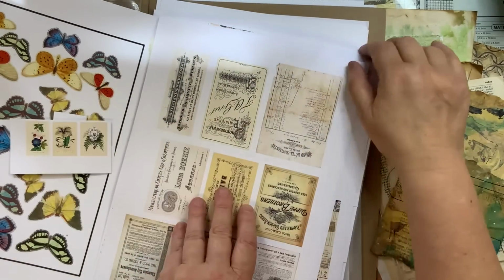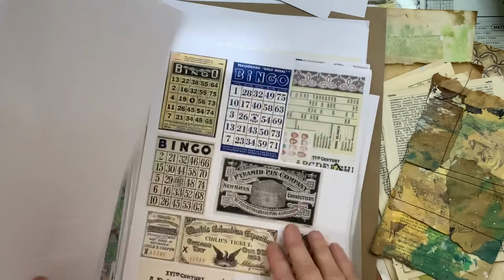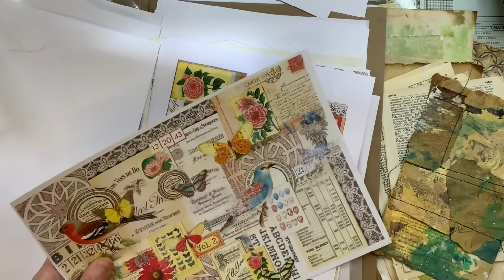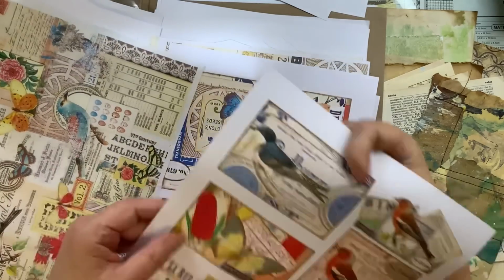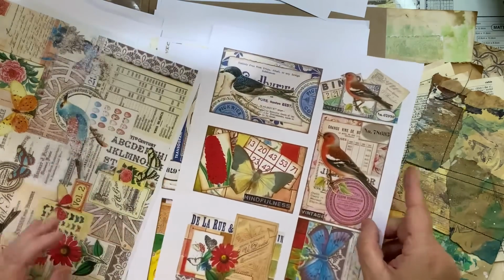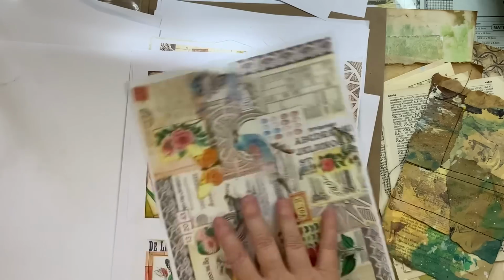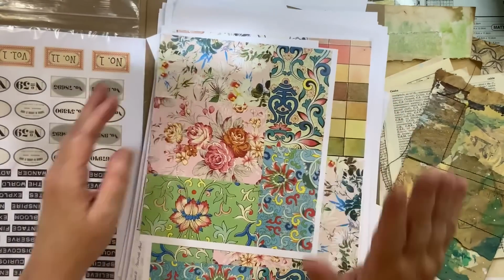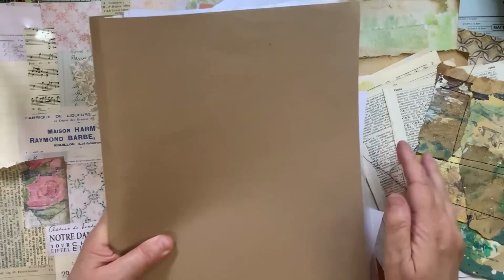So there's lots of things to use. Actually, I'll get those out as well, as embellishments and everything. I mean, it's like that. That didn't work very well. That was when my printer was acting up. But there's some here, and I can use some of these that I've already pre-made and make them up too. So I'm just going to... It's going to be like an eclectic journal, I suppose. Do they call them that? With all different, no theme really, but it's just going to be bright and summery, starting with